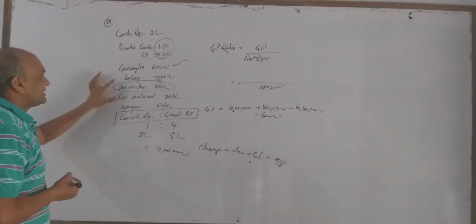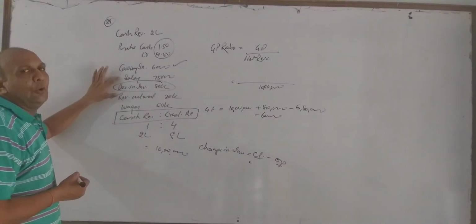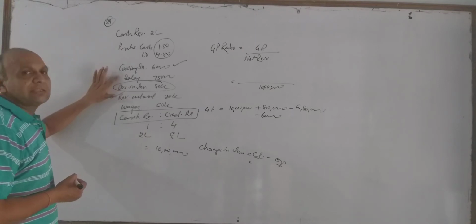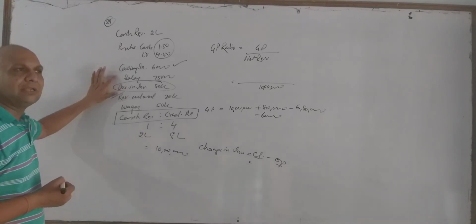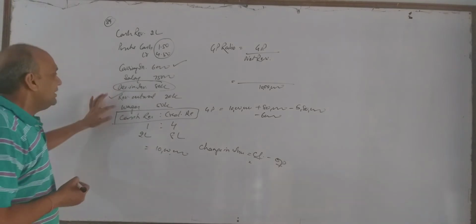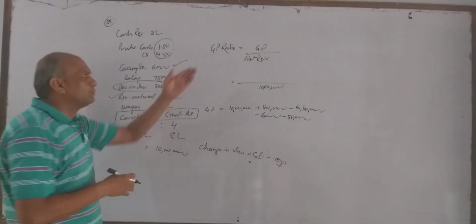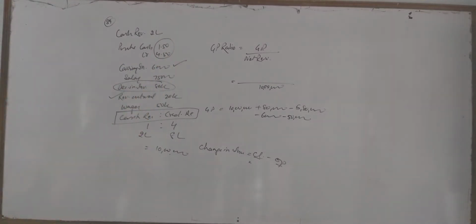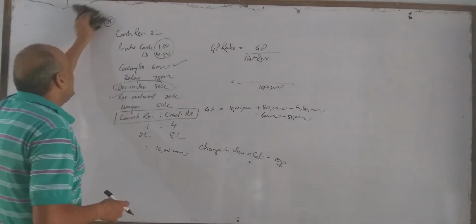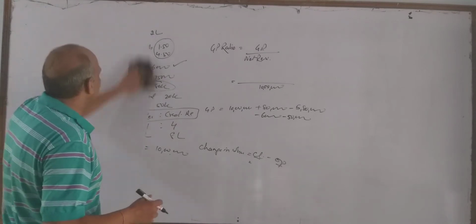Then we have given salary. Should I consider it or not? No. While calculating GP, salary will not be considered because it is not a direct expense, it is an indirect expense. Wages, yes, we have to consider wages also. In this we find gross profit and utilize the formula. So this is another sum for gross profit ratio.